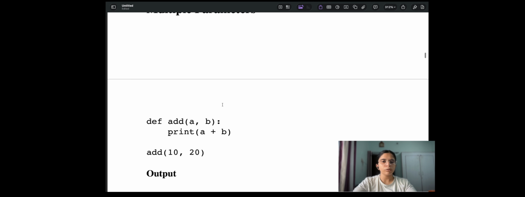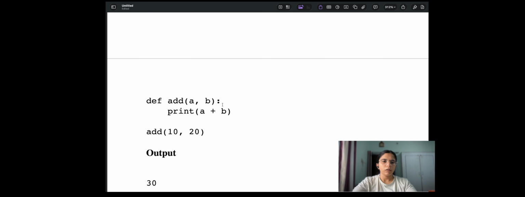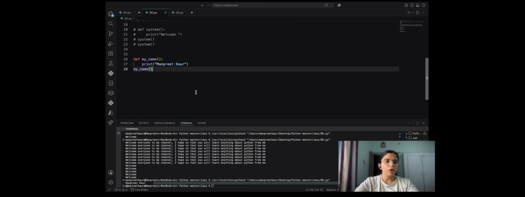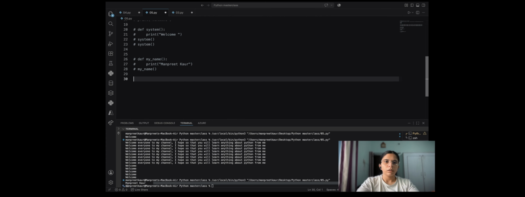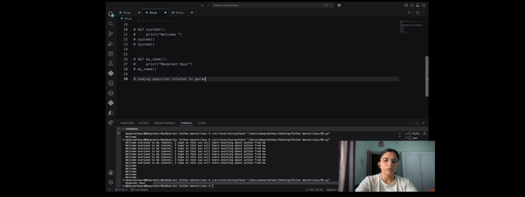Now we are going to perform one coding question of this, related to parameters and arguments.